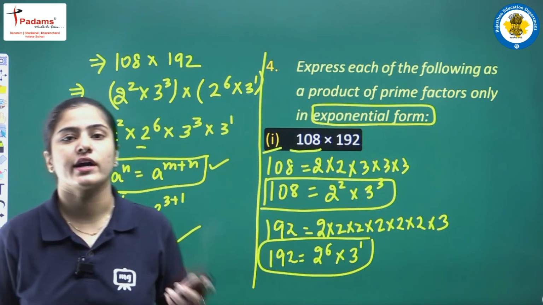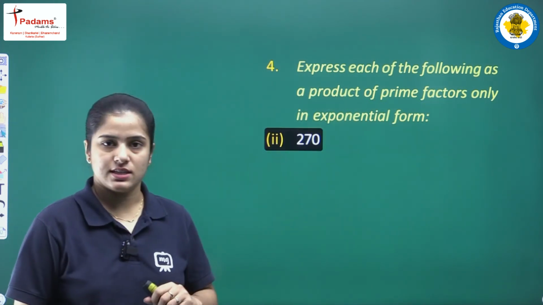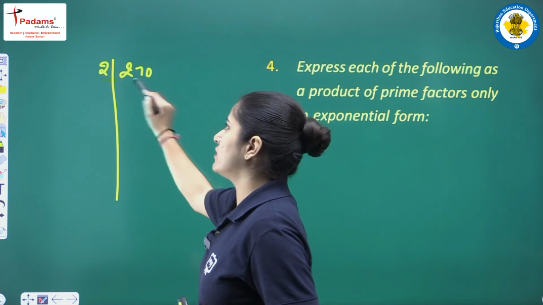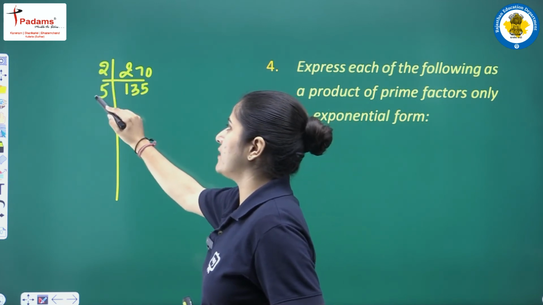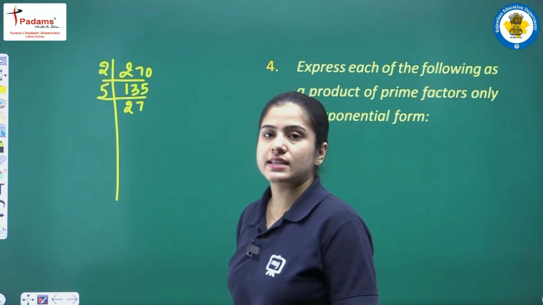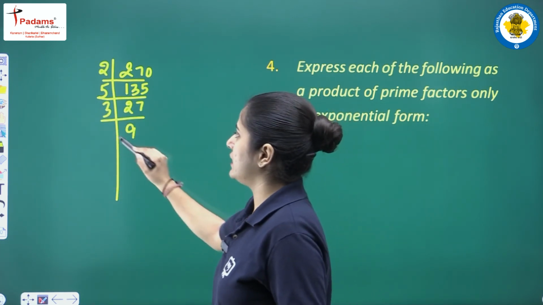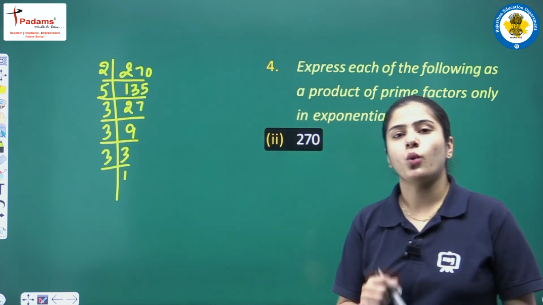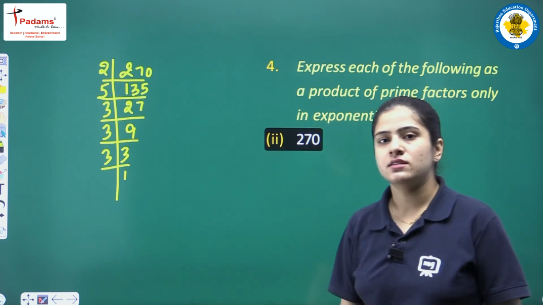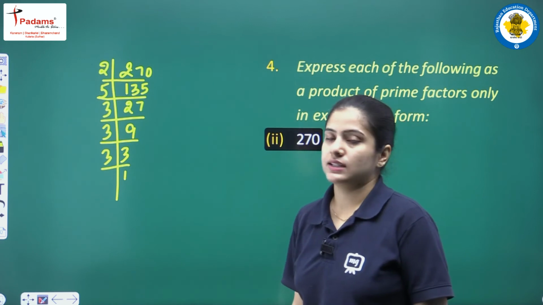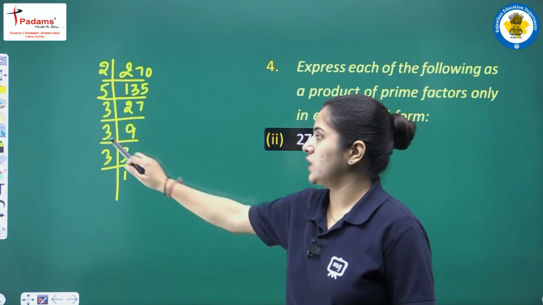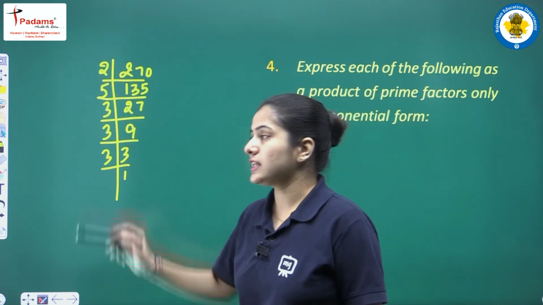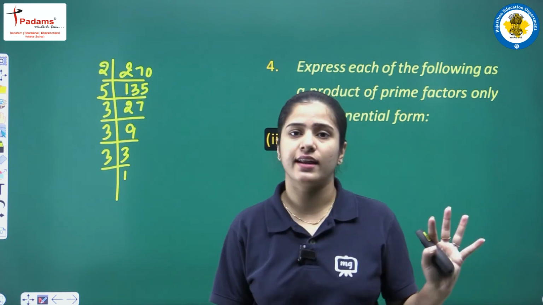Looking at your next question, that is your question number 2. 270, इसके prime factors लिखते हैं। सबसे पहले factorization करते हैं 2 की table पे 135, then on the table of 5 it is 27, then on the table of 3 this is 9, then 3 3 3 1। ओके, क्योंकि हमें पता है 2 into 135 is equals to 270, 5 into 27 is equals to 135, okay, 3 into 9 is 27, 3 into 3 is 9, 3 into 1 is equals to 3, right students। so basically इन दोनों चीज़ों को divide करते हैं तभी ये नीचे वाली term आती है। आई थिंक हम सबको ये चीज़ clear है।